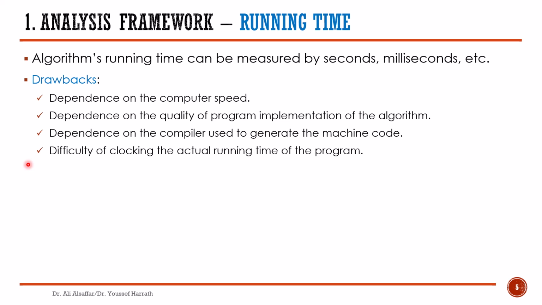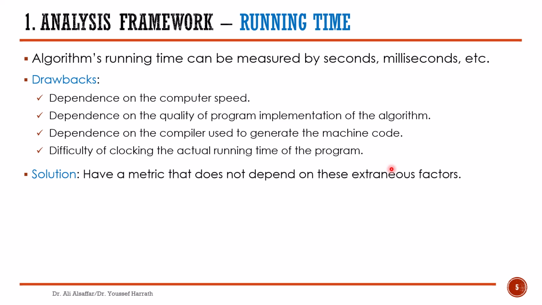When trying to clock the actual running time, various factors can introduce inconsistencies in the results. For instance, if the CPU is busy with the processes running in the background, the execution time of the program can increase, making it difficult to get the correct clocking for the running time. In summary, while time can provide some insights into algorithms' performance, it is not a reliable unit of measure that can be used to find the time efficiency of the algorithms.